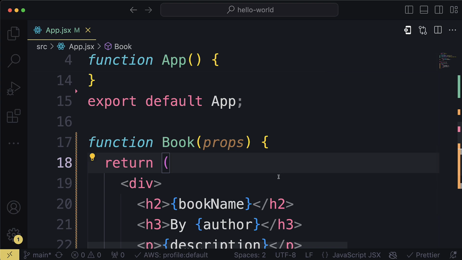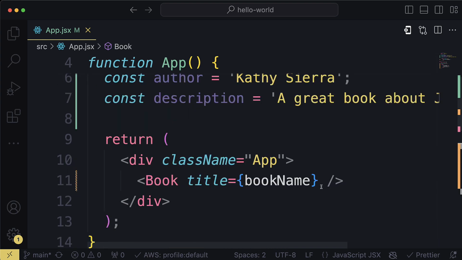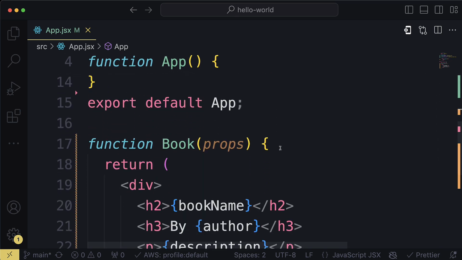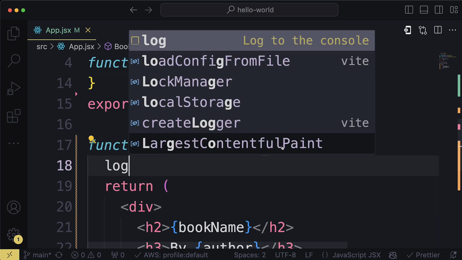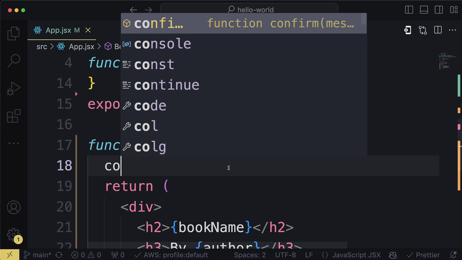Well, first of all, let me do something here. I'm going to take that props and remove this altogether, keep it as it is. And then what I will do here is say console.log, or we can actually type the entire thing,